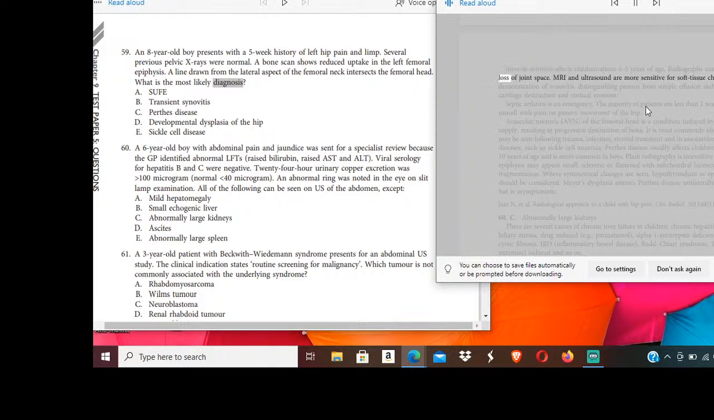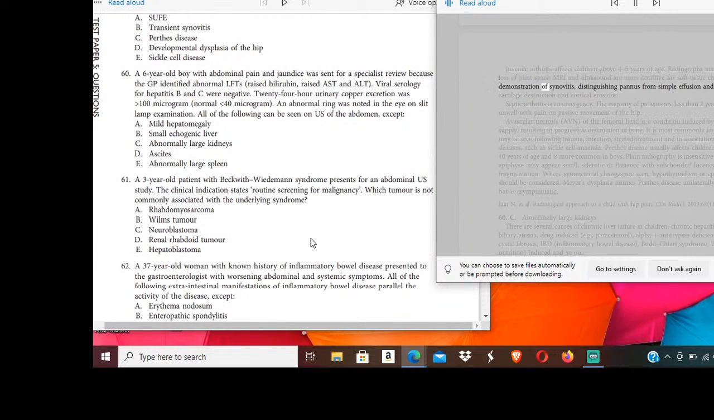Radiographs may show erosions and loss of joint space. MRI and ultrasound are more sensitive for soft tissue changes, allowing demonstration of synovitis, distinguishing pannus from simple effusion, and identifying cartilage destruction and cortical erosions. Septic arthritis is an emergency. The majority of patients are less than 2 years old and are usually unwell with pain on passive movement of